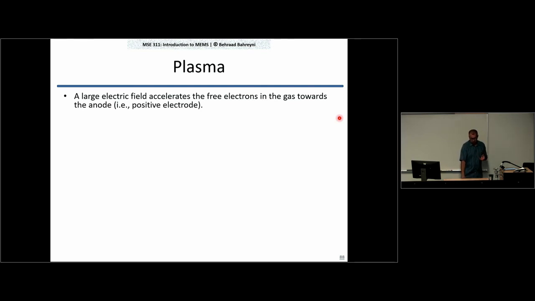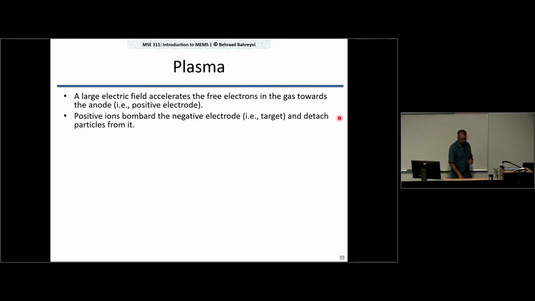Now, how to produce a plasma? What we do is that we put a gas at the right pressure and apply a very large voltage across the gas using 2 electrodes. Once that happens, you always have a few free electrons in the environment. There's always some nomadic electrons that are in the environment. And the situation is that when you create this electric field here,